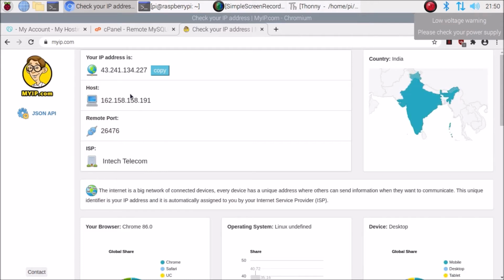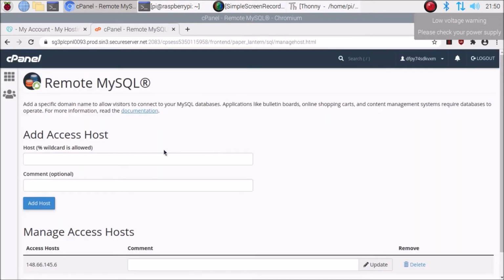As you can see, this is my IP address. You have to check your public IP address, then simply copy it and paste it here in the host box.